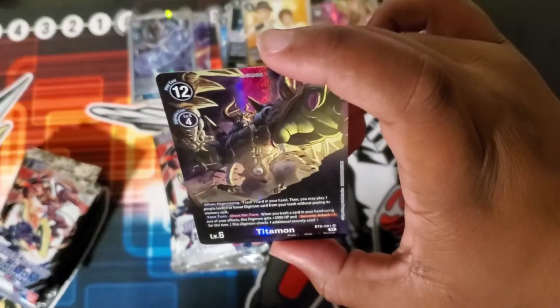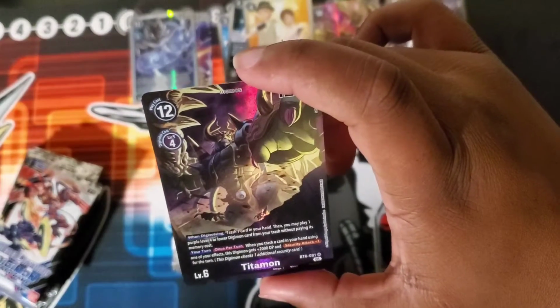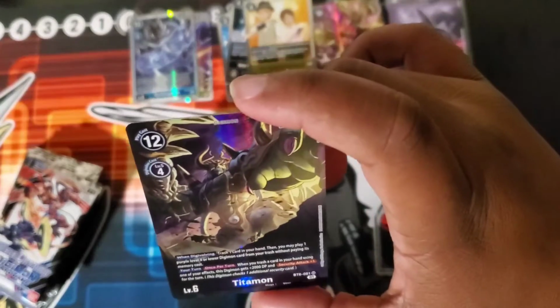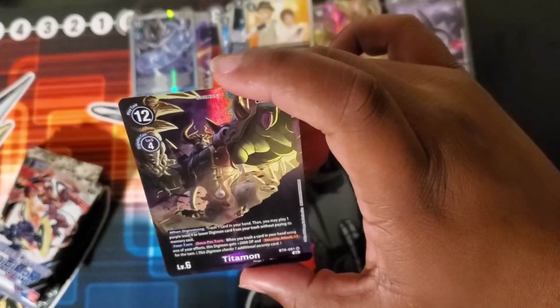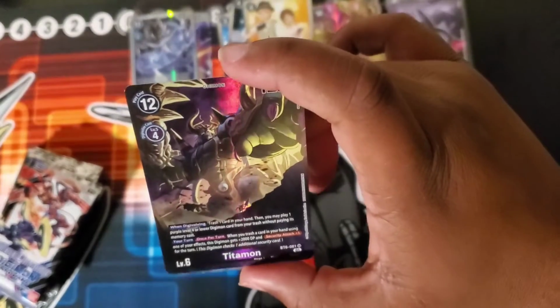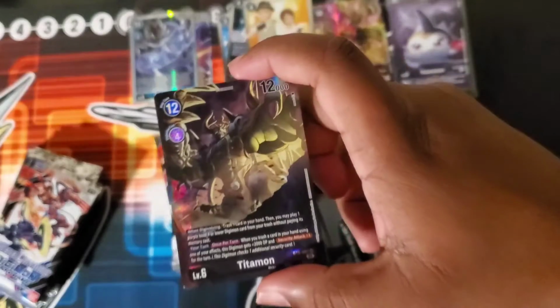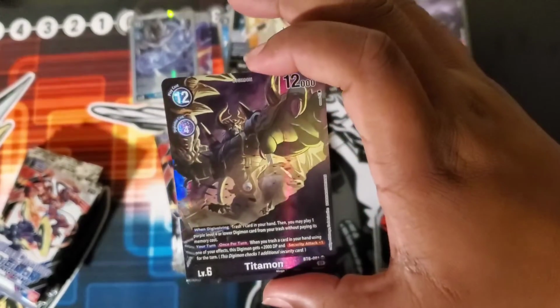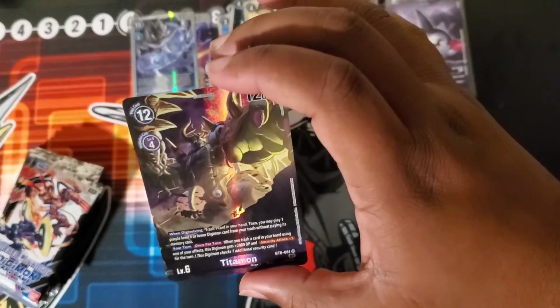So Titamon skill. When Digivolving, trash one card in your hand, and you may play one purple level 4 lower Digimon from your trash without paying its cost. And once per turn, when you trash a card from your hand using one of your effects, including his, this Digimon gains 2,000 DP and security attack +1 for the turn. So he becomes 14k +1 security,